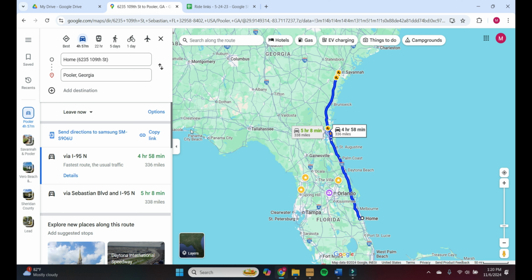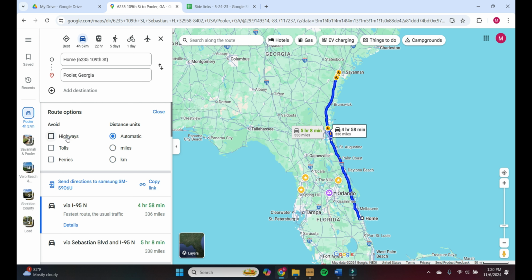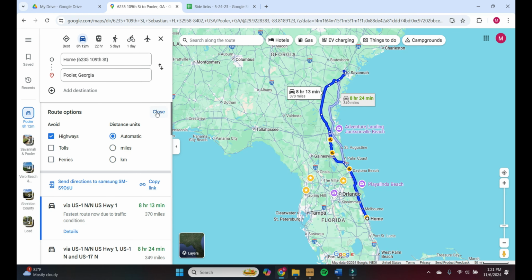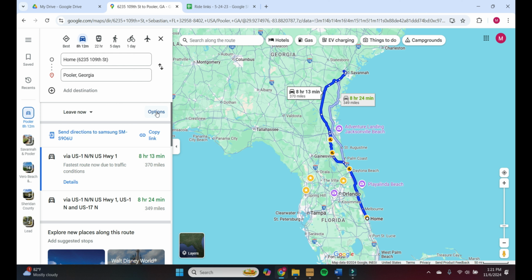Now, there are some options, as you can see. You can avoid highways, tolls, and ferries. That's it. Typically, we use avoid highways. We don't love the highways. I understand that there's value in it to get from point A to point B. In fact, sometimes when we're going to Pooler, we do grab a stretch of highway just to make some time. But what this gives us now that we're telling it no highways is, again, the fastest route it knows,